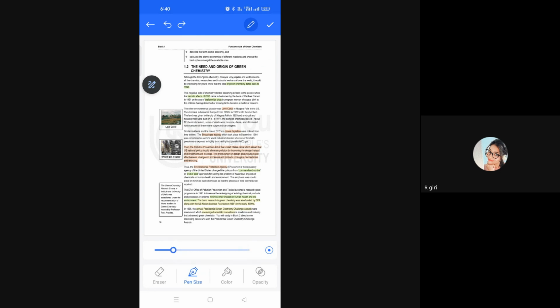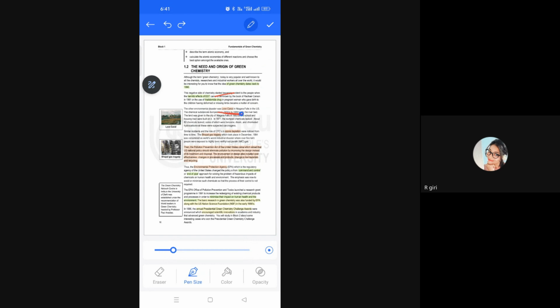First, look carefully. First, the need for green chemistry. Green chemistry dates back to 1990, but before that green chemistry actually originated. How? Why? The harmful effect of DDT. Whenever DDT was invented, and thalidomide, one drug, was invented, scientists observed that these drugs are very harmful, though they are helpful, because they give some side effects to human health.